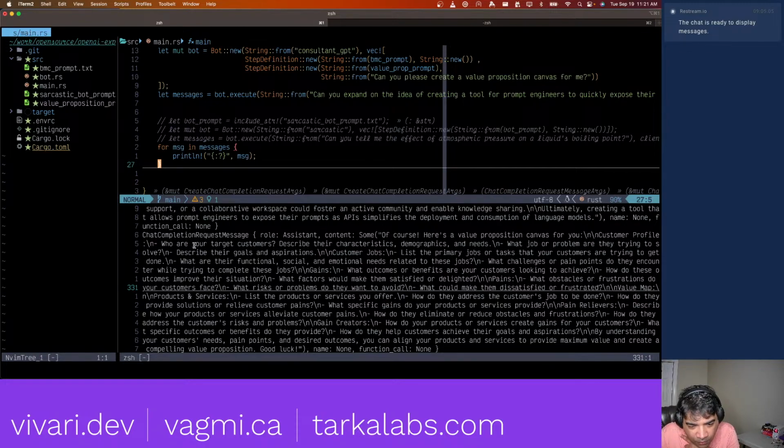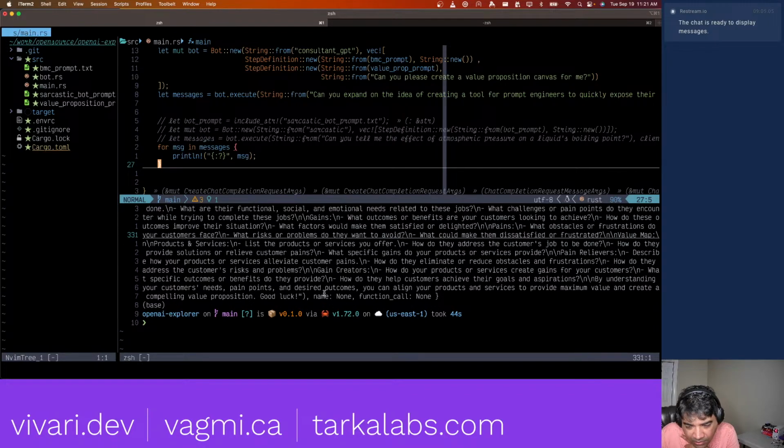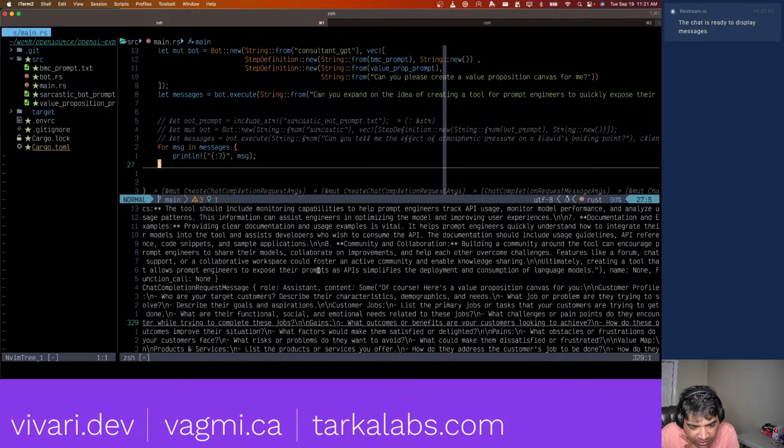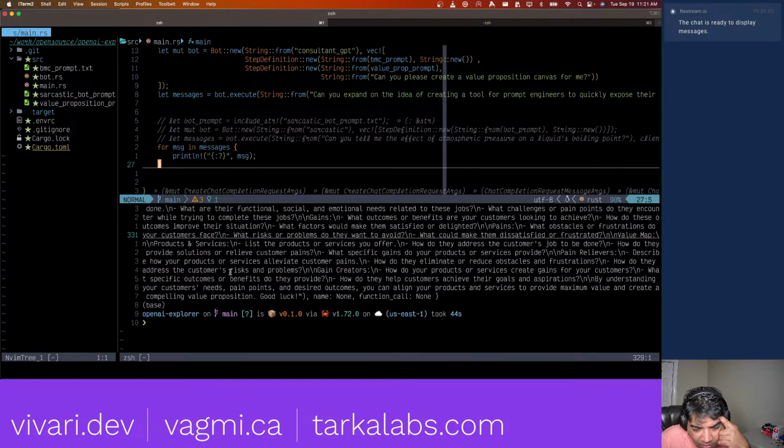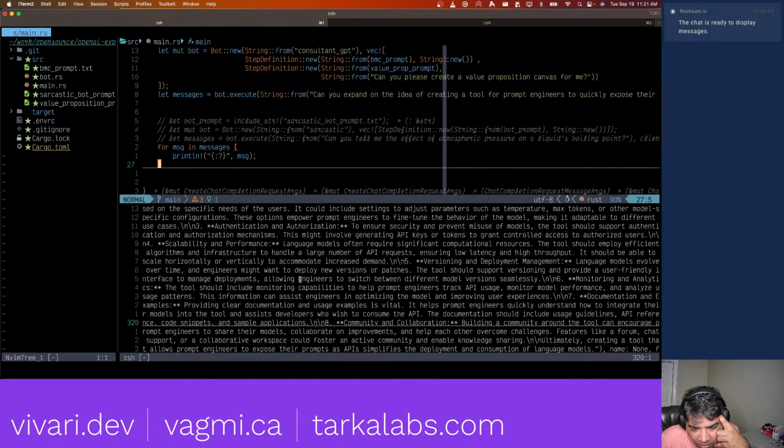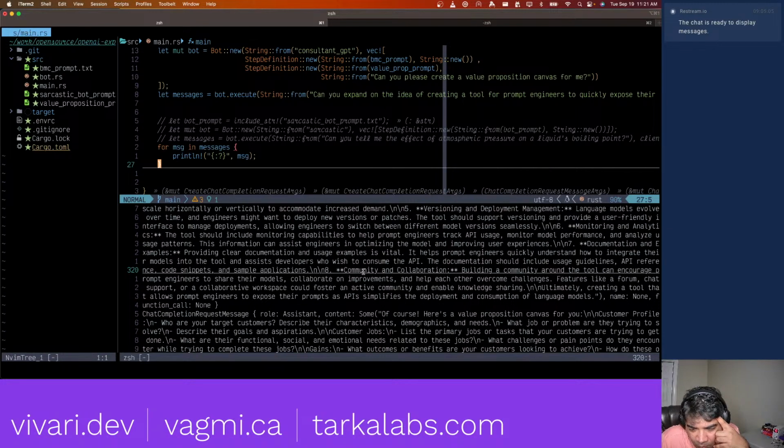Customer profile, who are your target customers, describe the characteristics. Again, this is from the assistant. So definitely something wrong, because it didn't quite